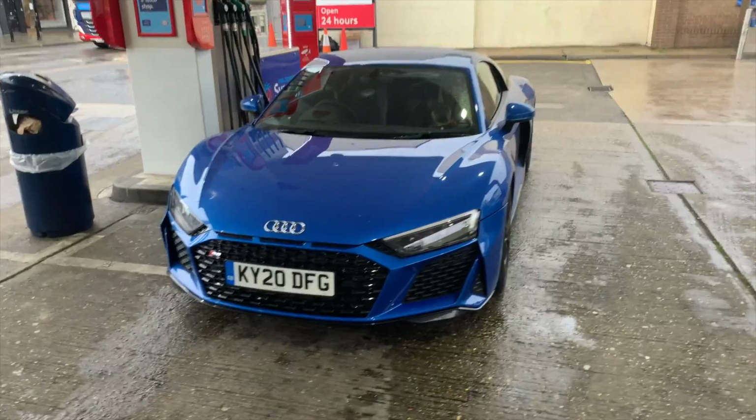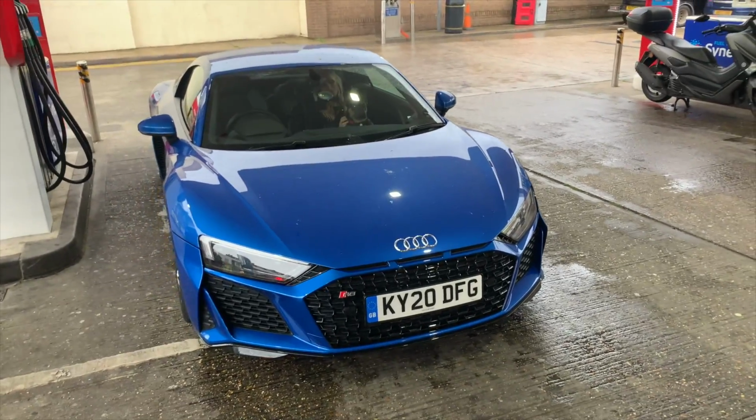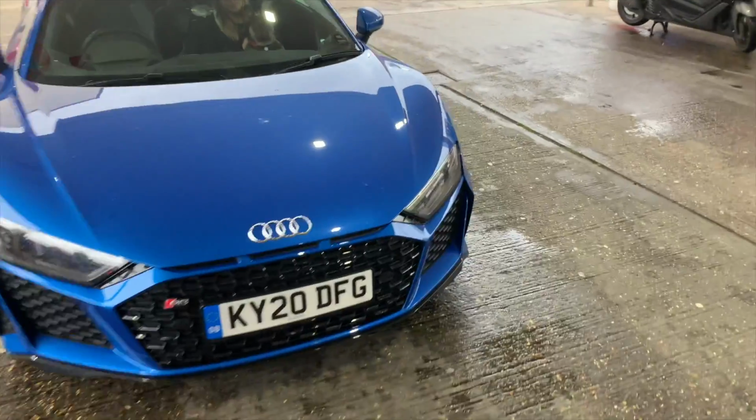But it's very, very nice. Again, you don't have any of the carbon around the front, but I don't really think it needs it. For 115k, that is a hell of a lot of car. Also, one thing I love about this car,